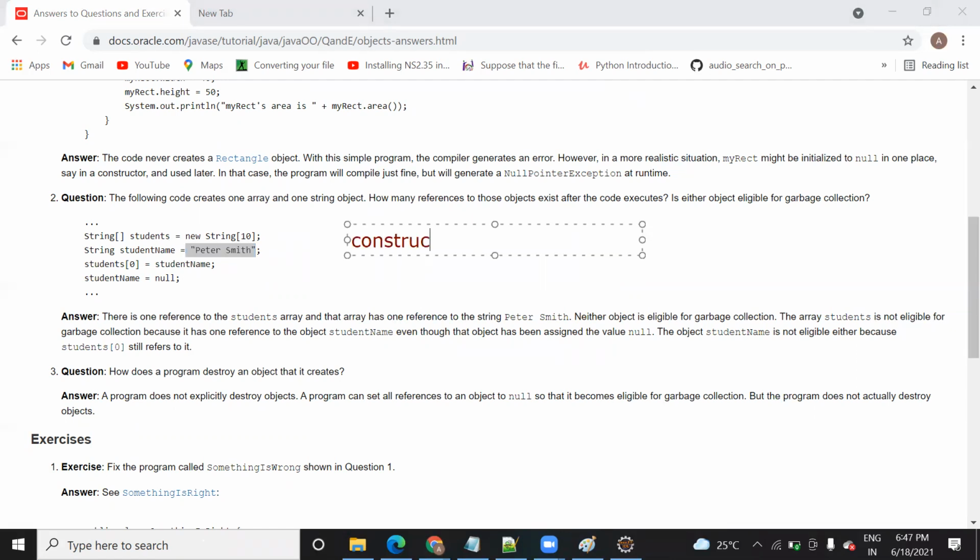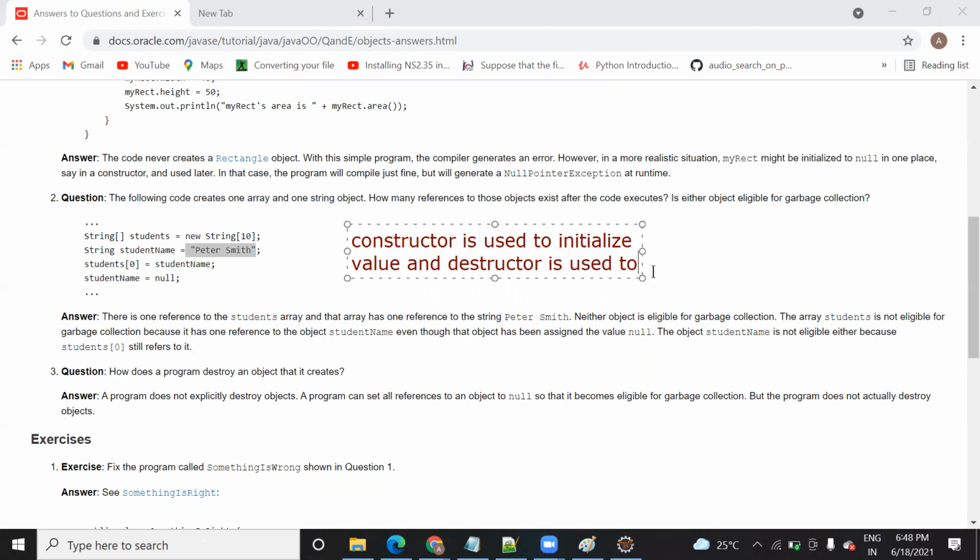So constructor is used to initialize a value, and destructor is used to remove the value from the memory or from the object.